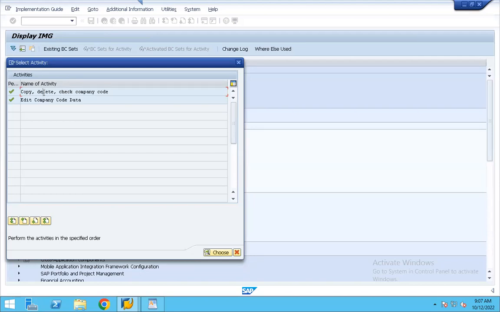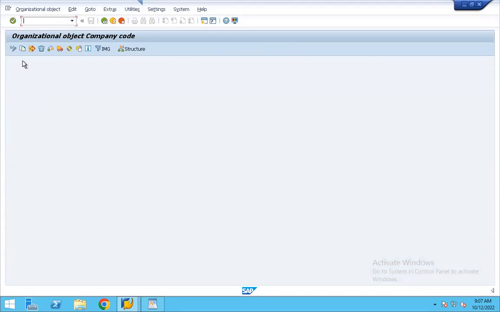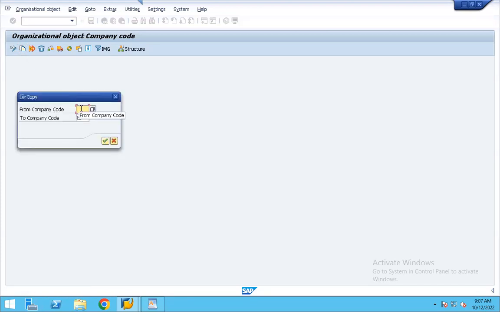So now I'm again hitting on this copying part, and if you can see from the left hand side, the second icon, Copy Org Objects, just hit on it. It is the second icon from the left. I again repeat, it is the second icon from the left. Copy Org Objects, and From Company Code will be 0001. Very good.